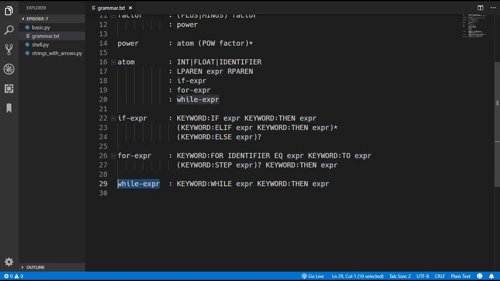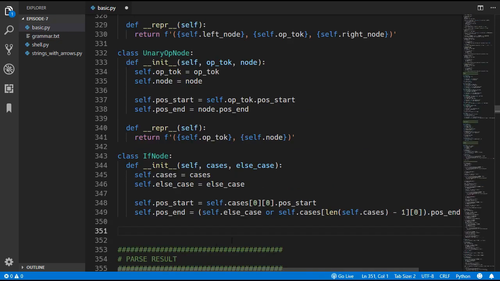So then for the while expression we have a while keyword, an expression for the condition which runs on each iteration, and then we have the then keyword, and then we have the expression which is only evaluated every time the condition is true. So this time we're going to add in our new nodes first before we update the